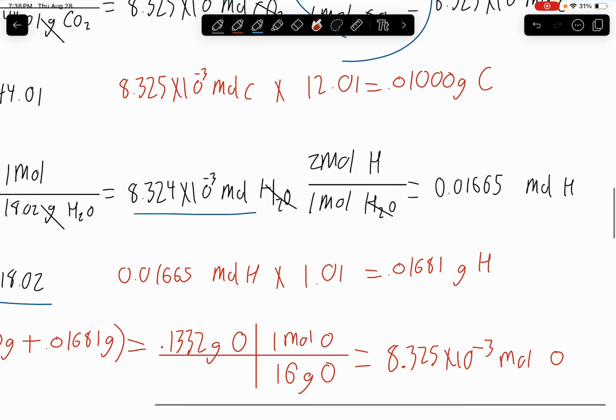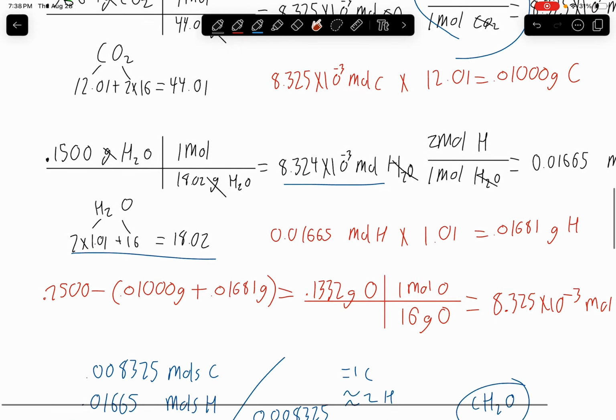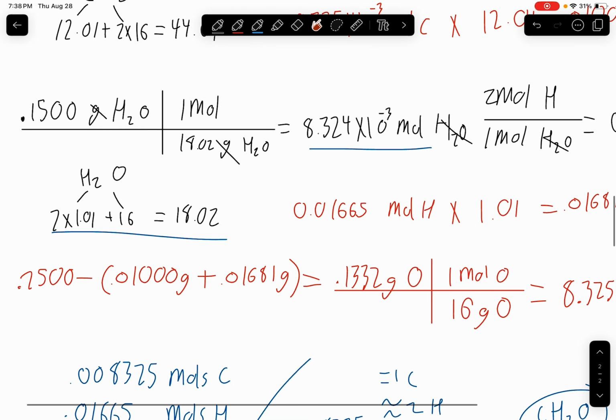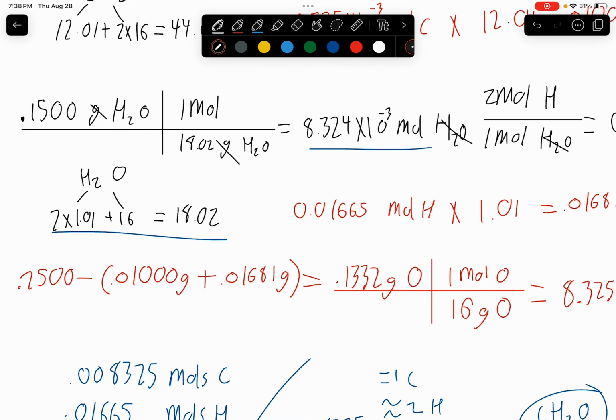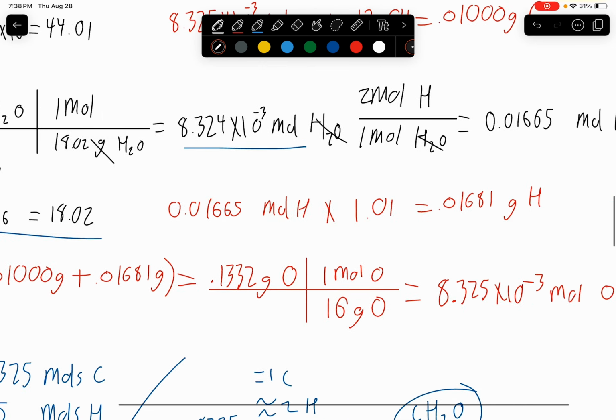We do the same thing for hydrogen, multiplying by 1.01 to get 0.01681 grams of hydrogen. Then we add them together and subtract from the 1/4 of a gram that we started with